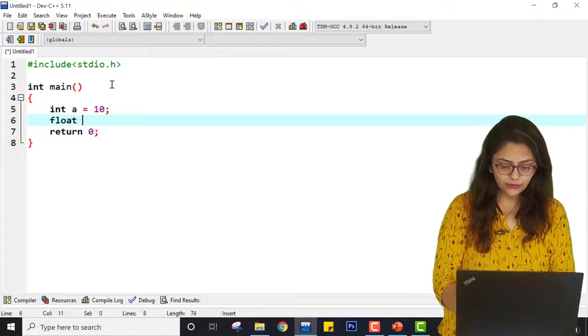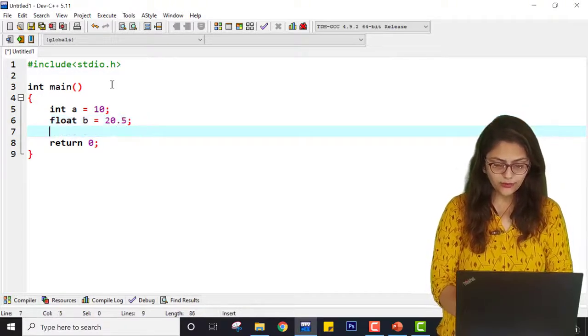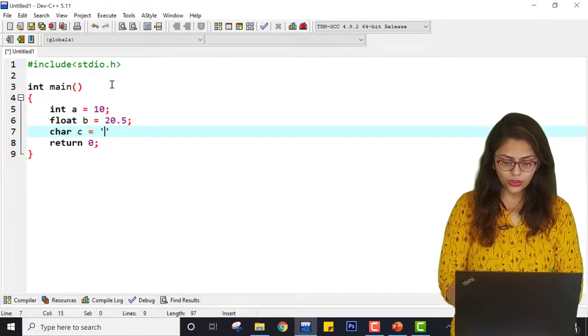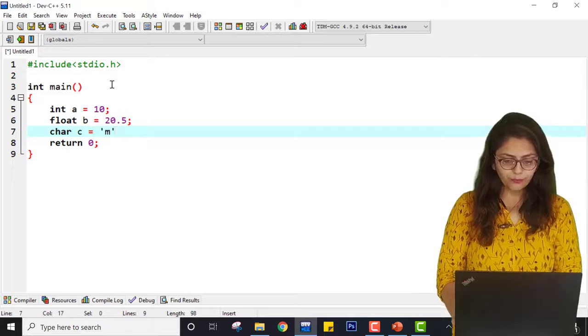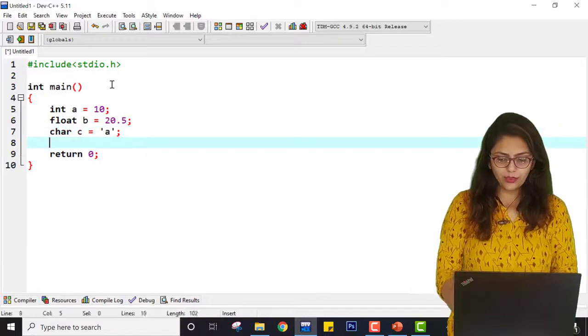Then I declare float b = 20.5. Then I declare char c = 'm', or say 'a'. So there are three variables.